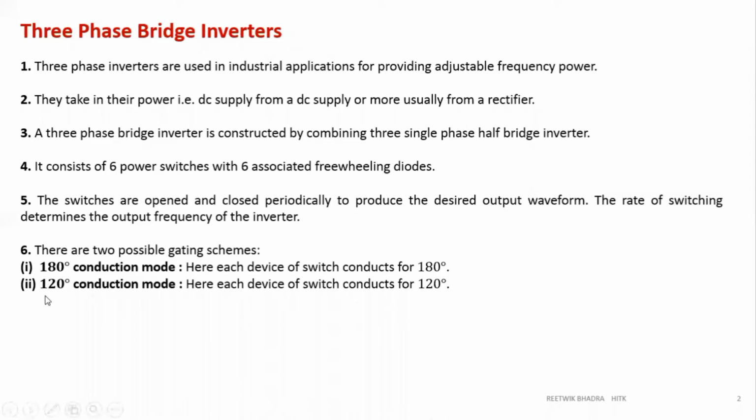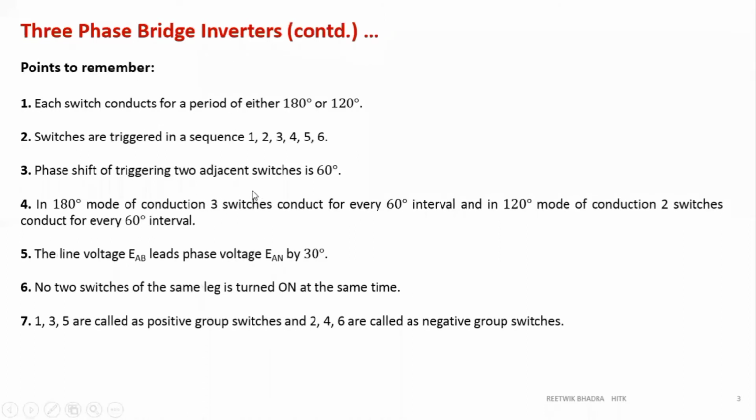Okay, so that is how this conduction is made of the switches, and because of the switches being on for 180-degree or 120-degree mode, at the output we get three phase. We'll look into how we will get three phase and all. Don't get confused. What are the points to remember? You need to remember this very nicely. This is a very important topic, three phase bridge inverter. Please listen to it carefully. And before going into explaining the circuit, you need to remember each and every point written over here.